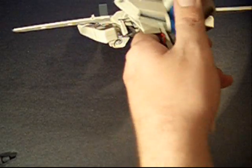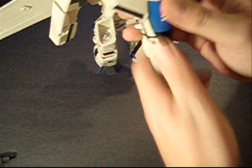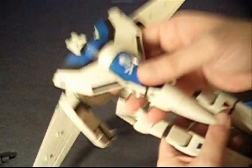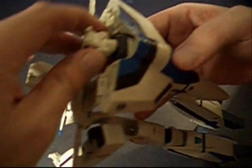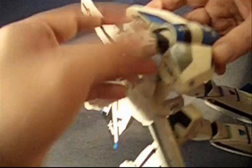There we go. Just kind of get it out before the heat shield. Pull it down. That's all. Really. Kind of locks in there. So from here it gets kind of straightforward. Again, be mindful of the antenna on the head. Probably going to want to...